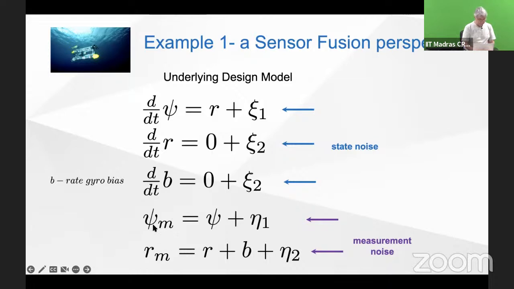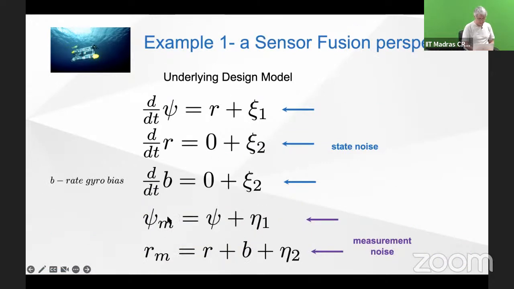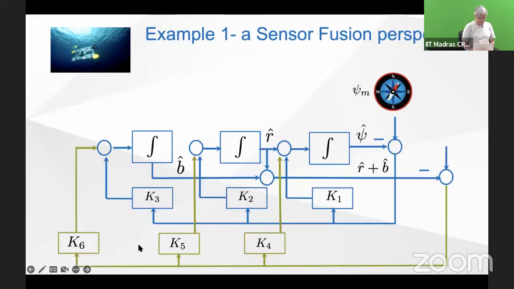And then you go for the measurements. You measure the compass and you measure whatever comes out of the rate gyro, which is R plus the bias plus eta 2. So the only thing I have done here is that instead of having the rate gyro information as an input, it's also appearing in the set of measurements at the output, let's say. And many people do this. Why is it that I do not appreciate this? Because now you have 3 state equations, you have 2 measurements, and when you implement the whole filter, it becomes